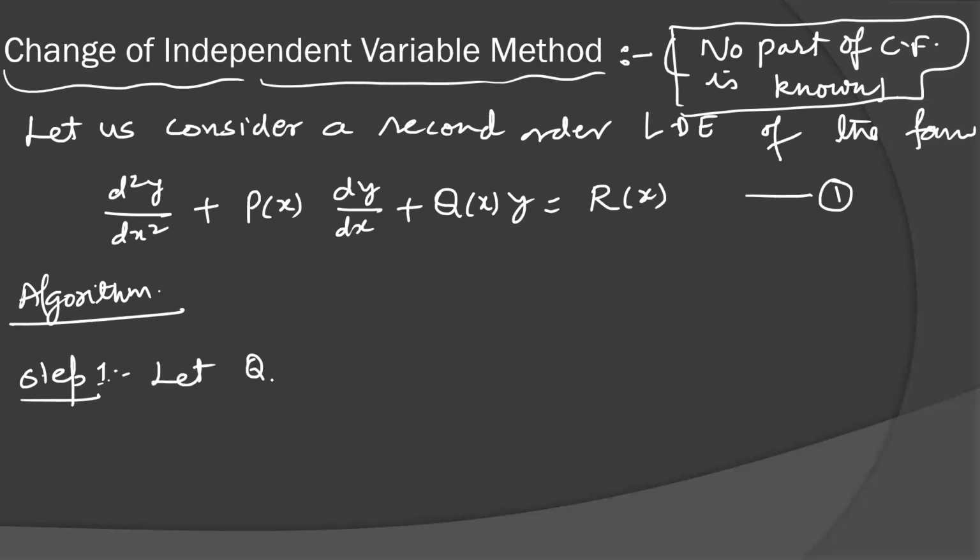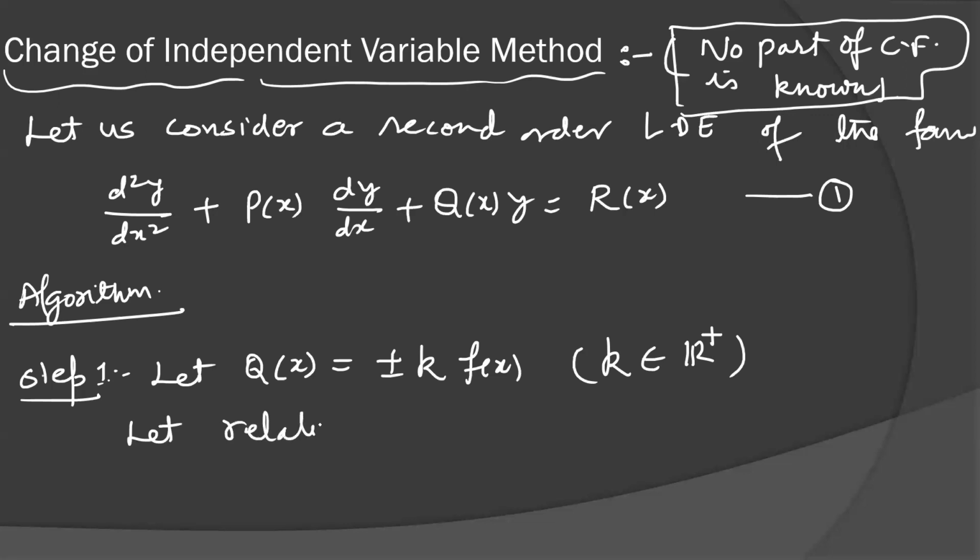Let qx be in the form of plus minus k into fx. Some books write only plus minus fx; they do not use k. So the method can vary, but the answer will be the same ultimately. Here k can be any positive real number. K is always a positive real number.